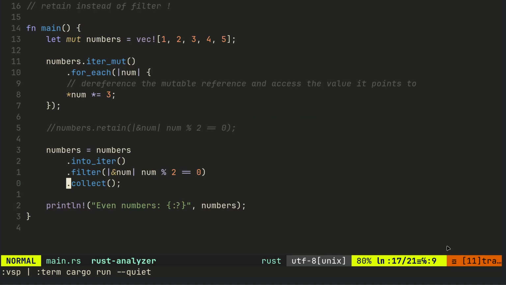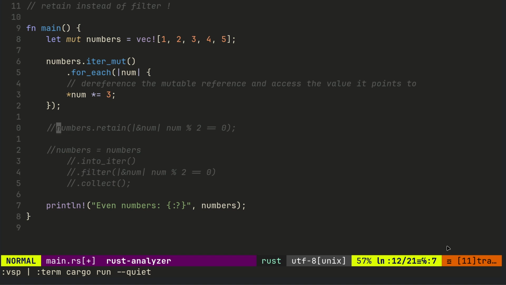And we've got 6 and 12 because we're multiplying each of those numbers by 3 and picking out the even ones. So we'd have 3, 6, 9, 12, 15, and 6 and 12 are the only even ones. So for the into_iter version, just comment that out. And then we do retain,